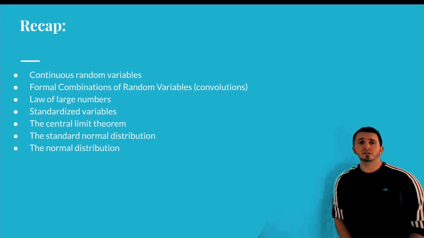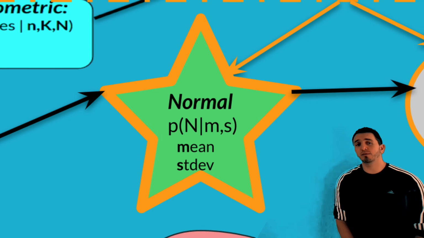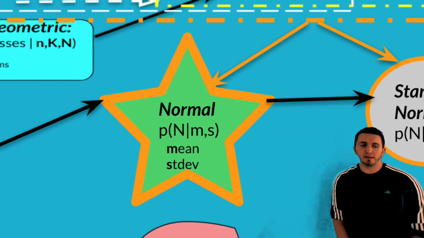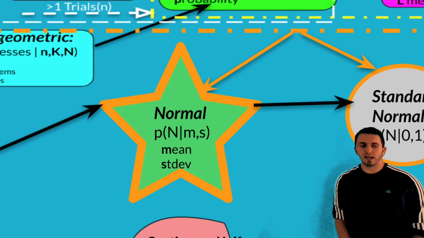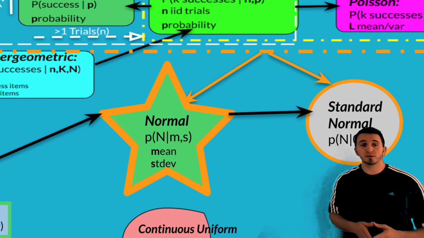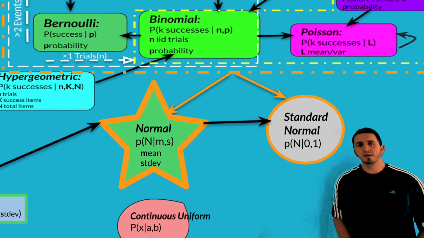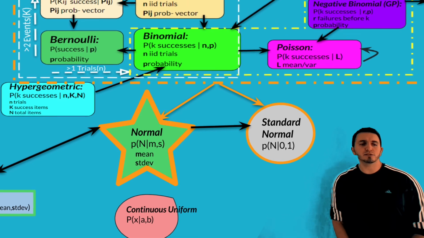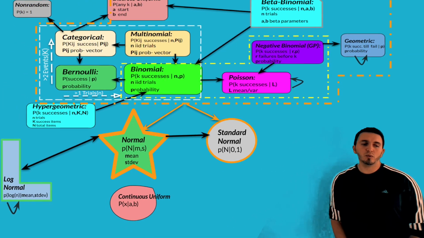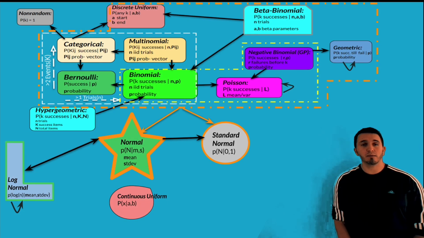We're going to close today's lecture by adding 4 more random variables to our probability distribution chart. So we, of course, are going to add the normal random variable, the standard normal, the continuous uniform, which was our first continuous distribution, and which we briefly mentioned, the log normal random variable. And so we're almost there. By the next lecture, we will have our chart completely filled out, and we will be able to concentrate